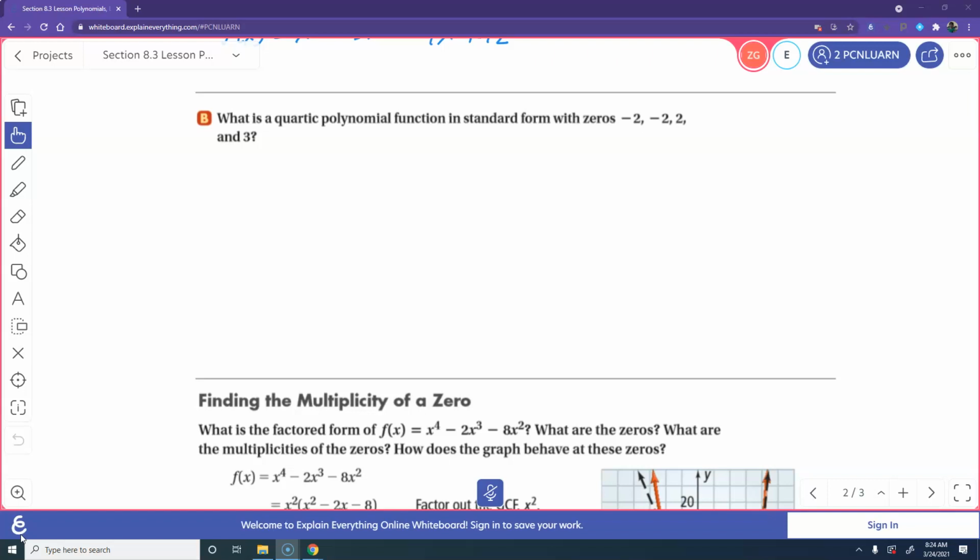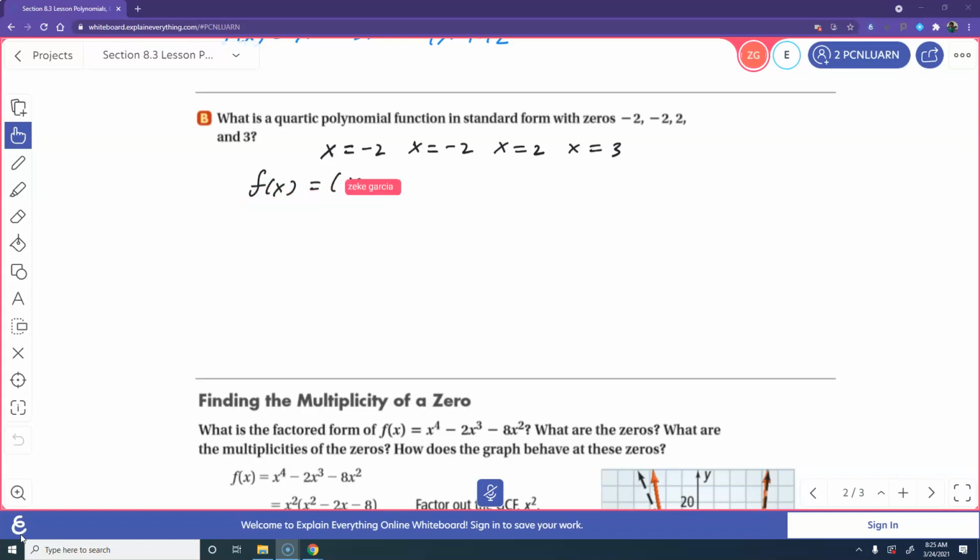What is a quartic polynomial function in standard form with zeros negative 2, negative 2, 2, and 3? We're going to do what you did earlier. X equals negative 2, x equals negative 2, x equals 2, x equals 3, and then you're going to write your function f of x